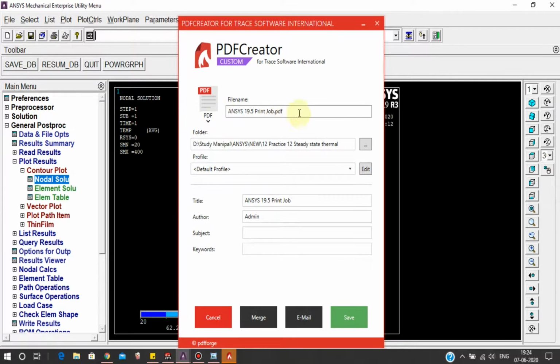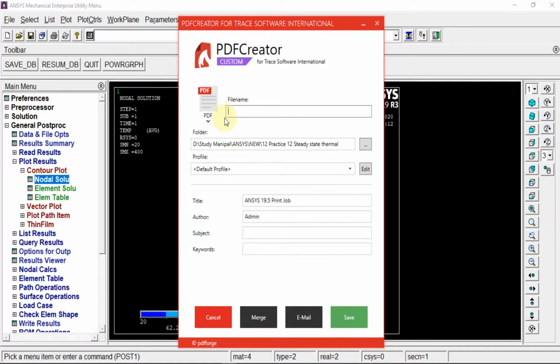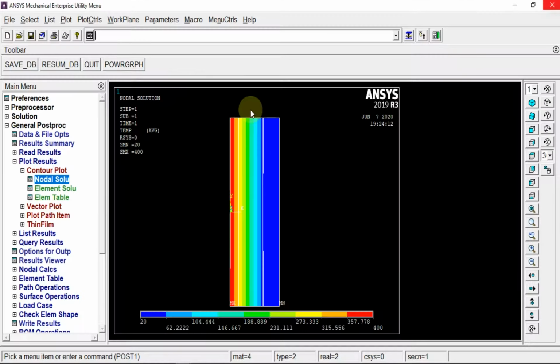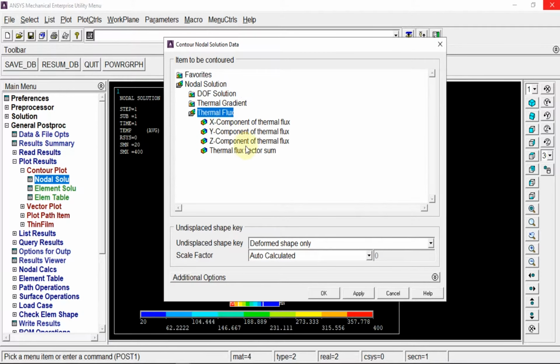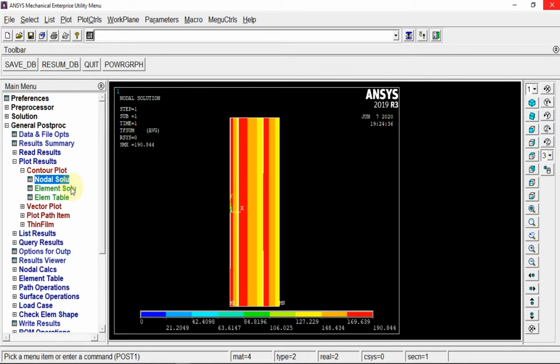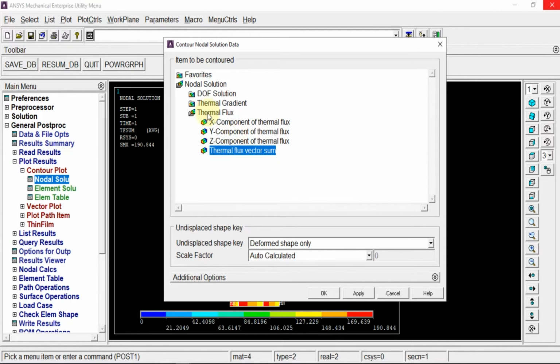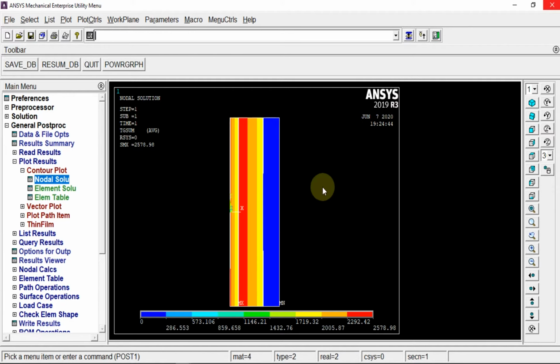it in the folder that you have created, nodal temp shape, save, and so we have this one. So this is the way you can also get thermal flux. So this is the thermal flux. If you want you can get thermal gradient if you want, so you can get that much also. So you can get any number of whatever you want from this plot results as well as list results. So this is how we solve the problem. Thank you.